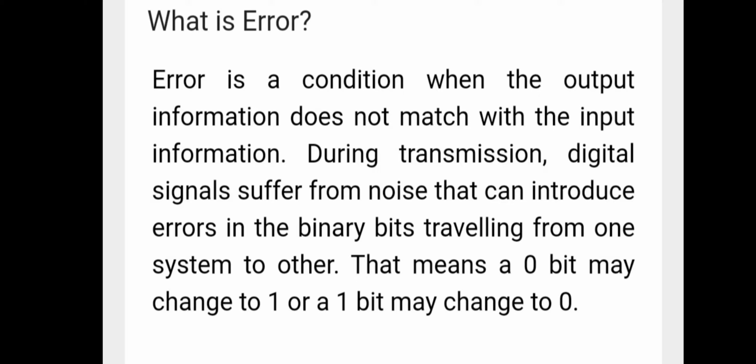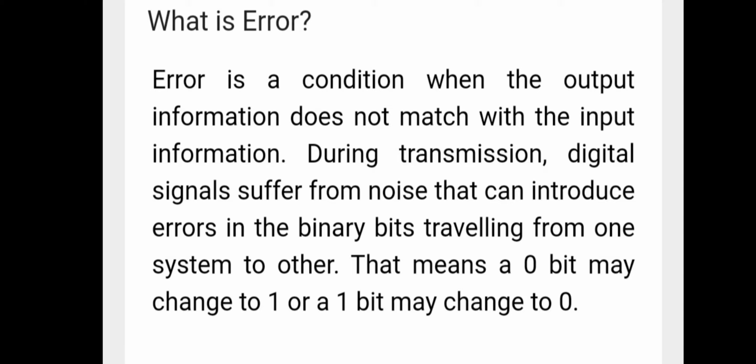During transmission, digital signal suffers from noise that can introduce errors in the binary bits traveling from one system to another system. That means a 0 bit may change to 1 or a 1 bit may change to 0. Simply, whenever you transmit data from one system to another system, the data is transmitted in the form of zeros and ones in a computer. Suppose during the transmission, any bits are changed from 0 to 1 or 1 to 0,